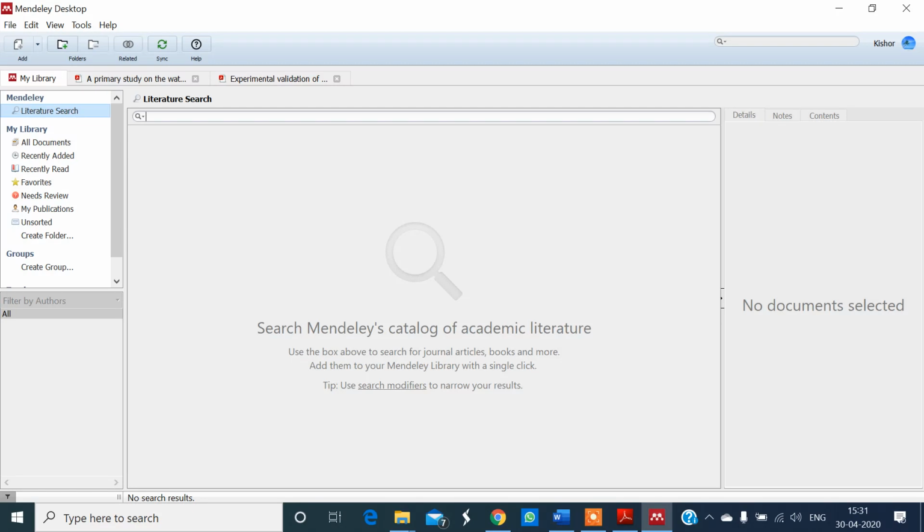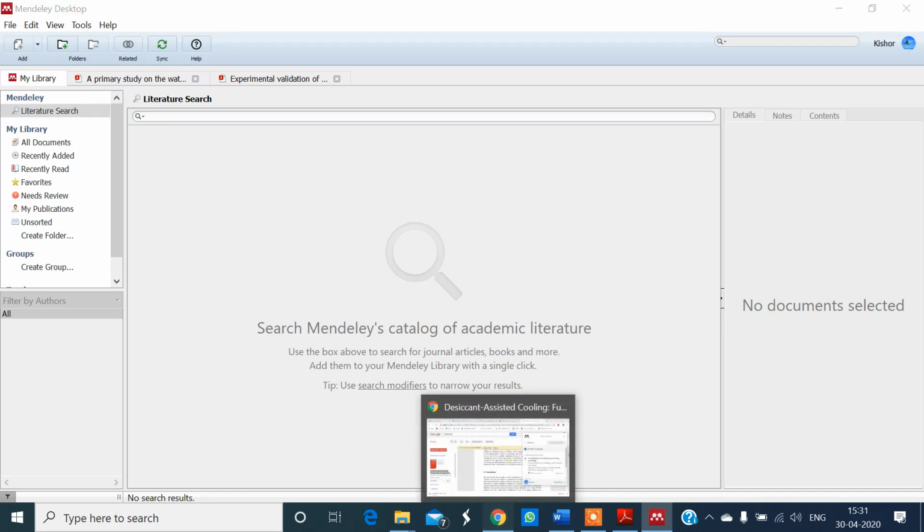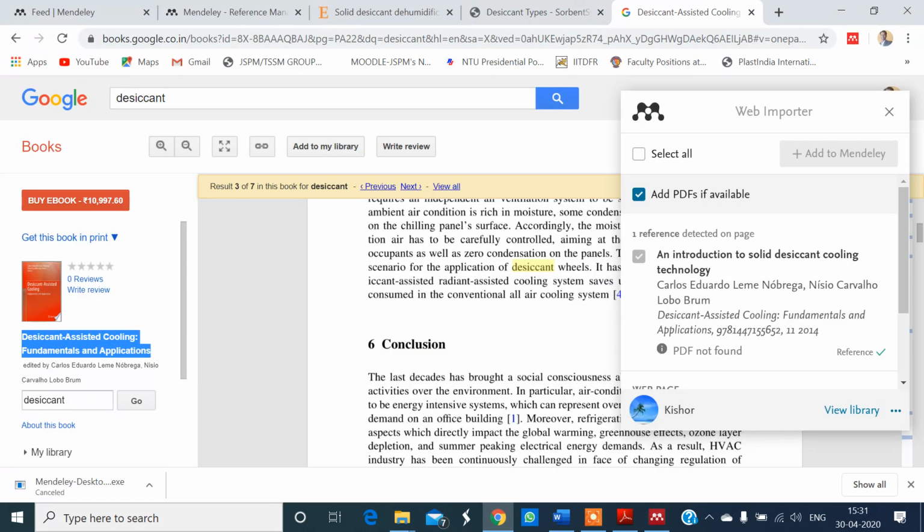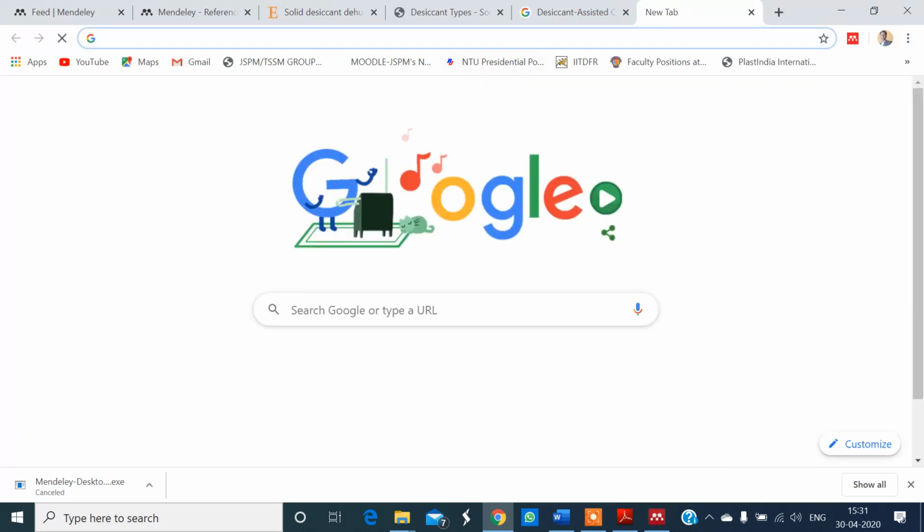Suppose there is some paper you want to give citation to, but that paper is not available in the library. Then go to the literature search, then type the title. Suppose I am giving some title and searching for that paper over here.